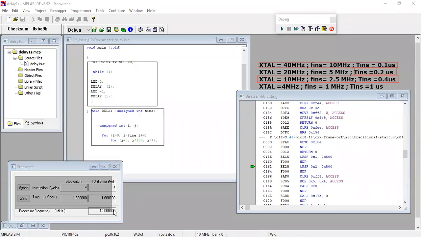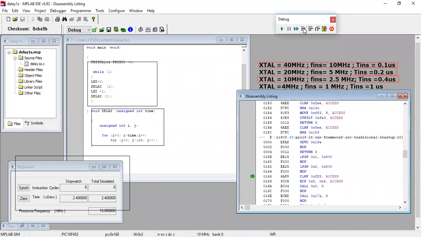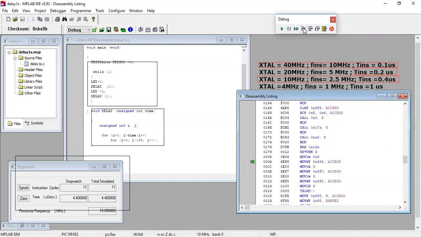Okay, this is the area that you should notice. See, the number of instruction cycles and their equivalent amount of time, right? So let's run a few more cycles. You see that the number of cycles is increasing as I'm executing the code line by line, and there is also equivalent time, right? I'm not interested in the complete execution time, rather only in this specific delay profile.